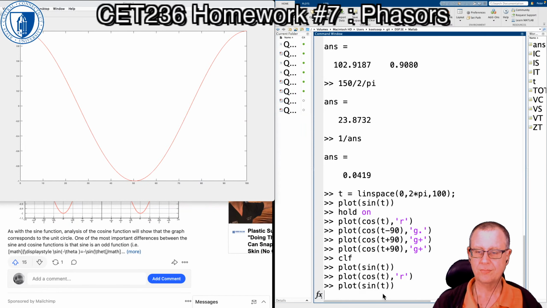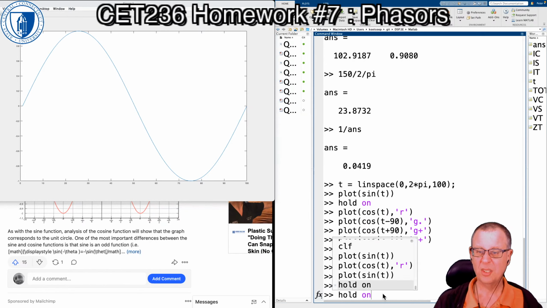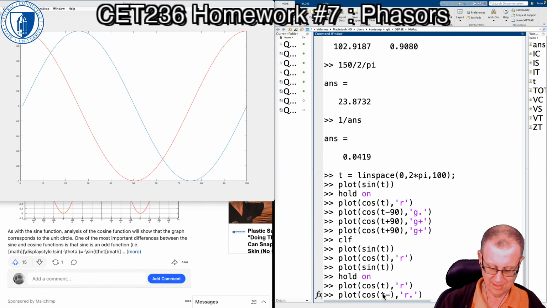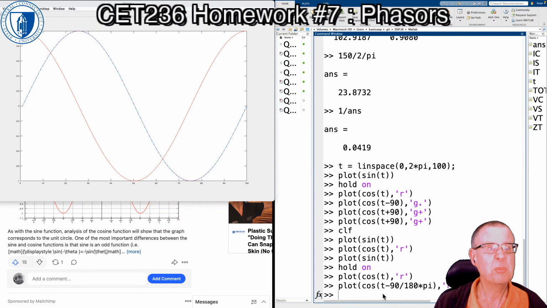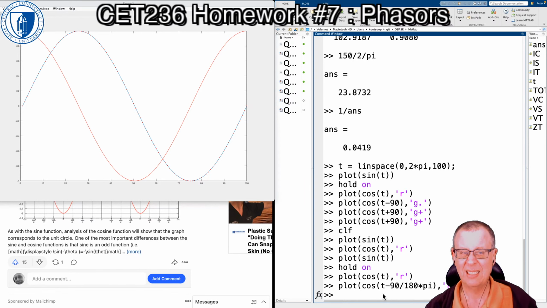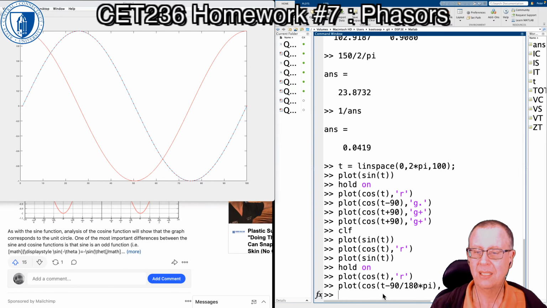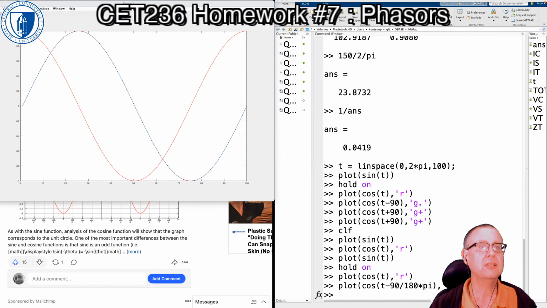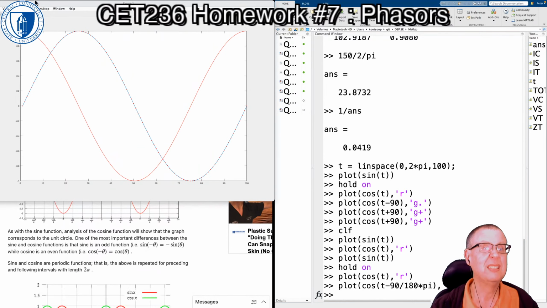Oops. There's my sine wave. There's my cosine wave. And what I really want is something like that. Right, so that actually lines up. So I've got a cosine of minus 90 degrees. Okay, so let's go back to our